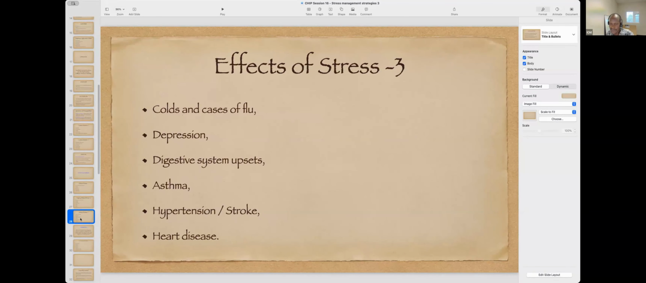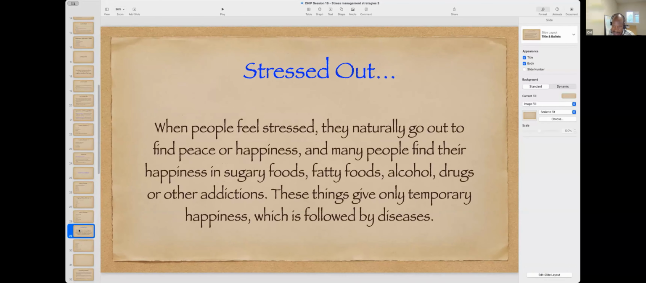Asthma attacks can actually flare. You can have hypertension, you can have stroke, and then of course, cardiovascular disease. Now, when people are stressed out,